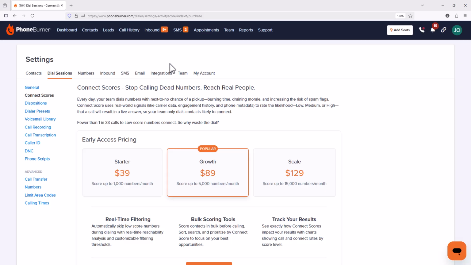proprietary Connect Scores feature. This feature in PhoneBurner is amazing. You see, here at PhoneBurner, we help our customers make millions of phone calls. And we have relationships with all of the top carriers in the industry. And so we take all of this information that we have, all of the knowledge that we have, and the connections and relationships that we have in the industry, and what we're able to do is see who is most likely to answer the phone based off of real world signals, carrier data, engagement history, and phone